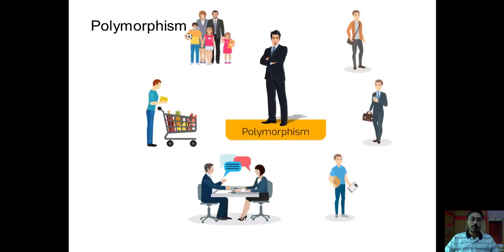This is another concept, polymorphism. Now, what is the meaning of polymorphism? If we break it down, poly and then morphism. Most of you know the meaning of poly. We generally say polytechnic. The meaning of poly is multiple, many. Polytechnic means multiple techniques are taught over there. That's why we call it a polytechnic. Polymorphism is nothing but taking multiple shapes depending upon the circumstances. You have to change the behavior depending upon the circumstances. So that is nothing but polymorphism.